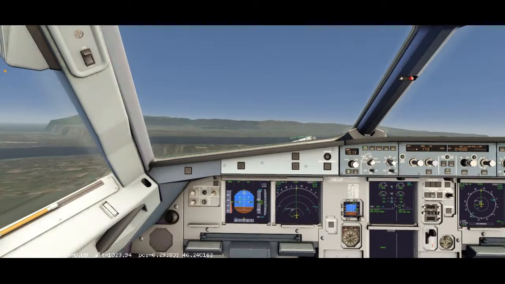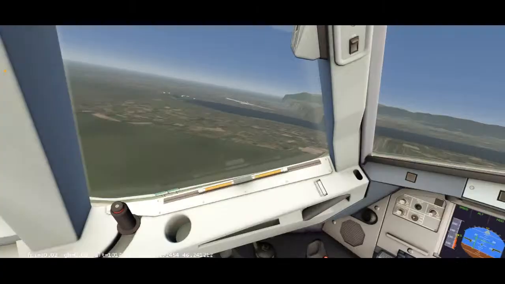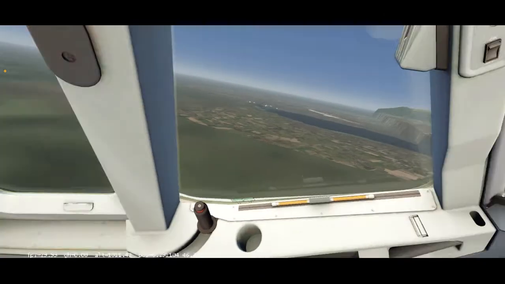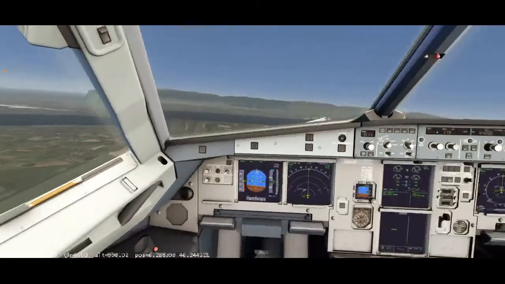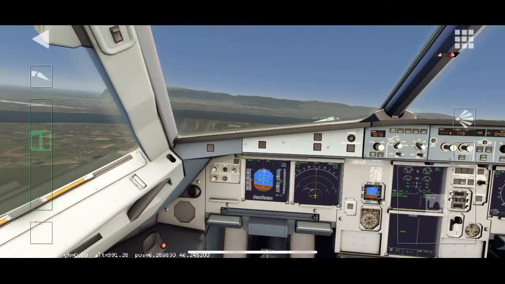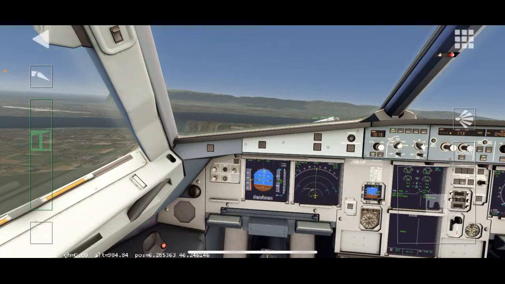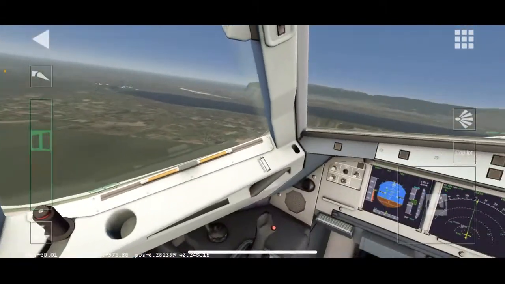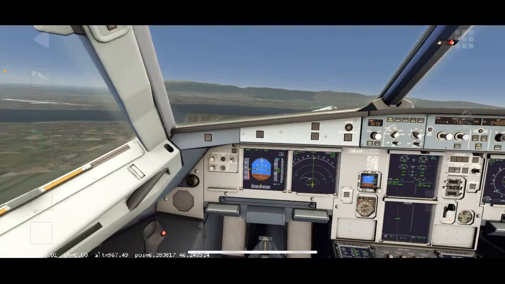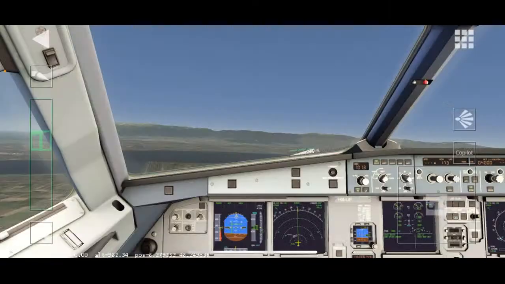You need to delete all scenery packs. I didn't download that portion of the map. We're in Switzerland by Geneva, but you can download the southern part of the map, and that will update, so we're good. That's just because I didn't download that part yet. I'll show you guys afterwards. We clearly have a waterfall going on over there.